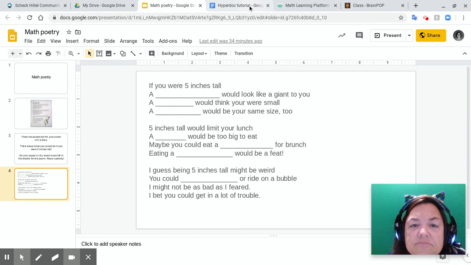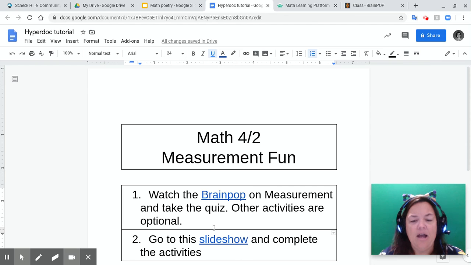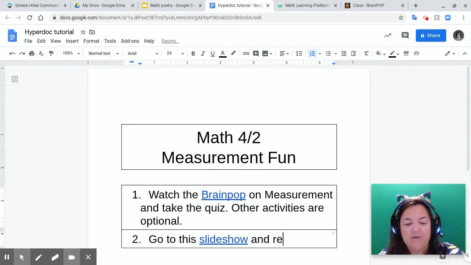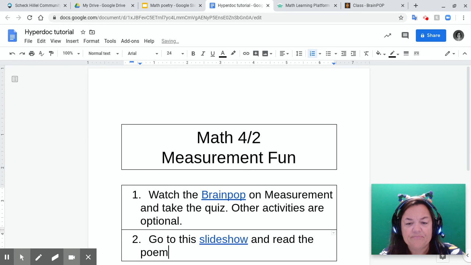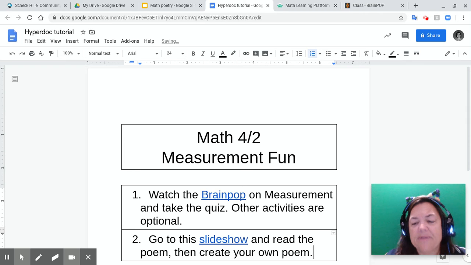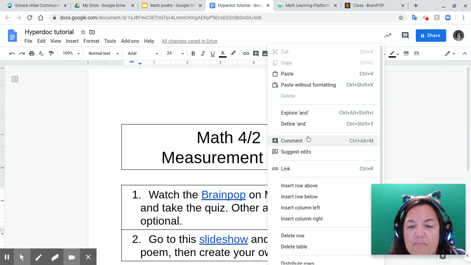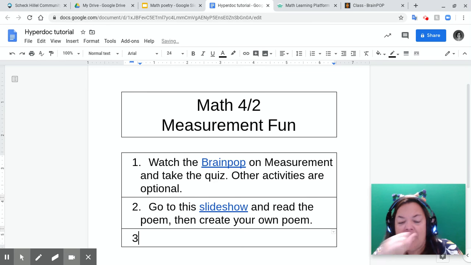So let me go back here. And I'm going to put the directions on here too, just to give it to them so they know what to do. Read the poem, then create your own poem. Now, of course, I'm probably going to add in some pictures and make this a little cuter as well. But again, I'm just showing you the basics. So insert row below. And then 3,